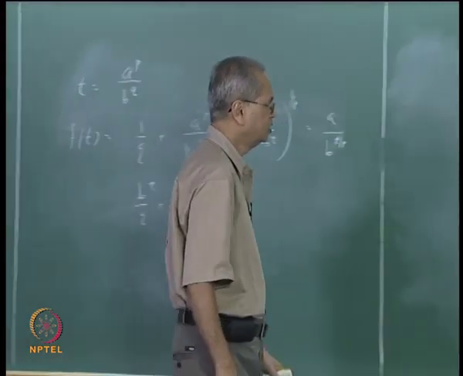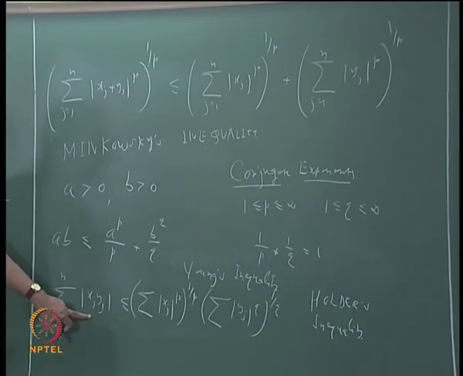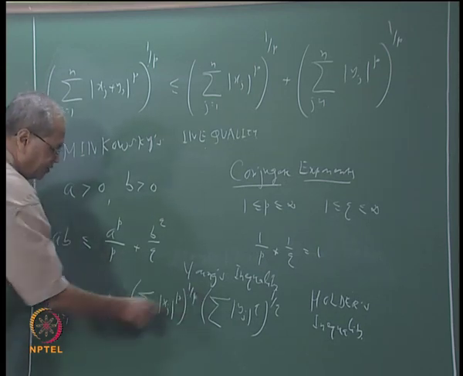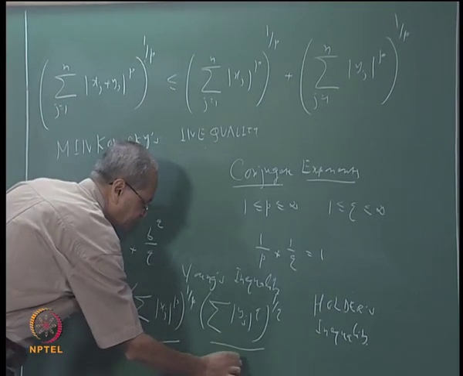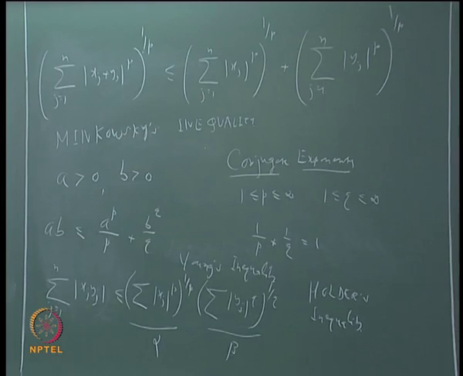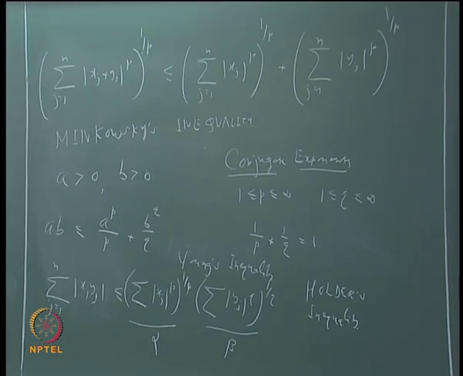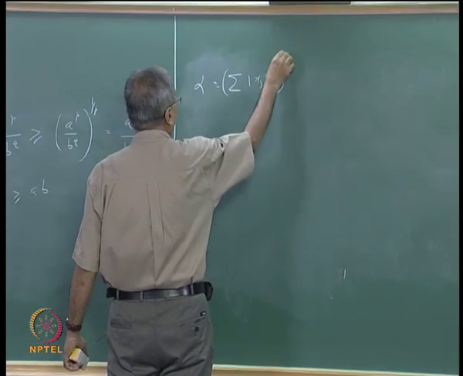Now let us see how we want to prove this. Let us go to Holder's inequality. For Holder's inequality, let me call these right hand sides alpha and beta. So suppose this is alpha and that is beta. What is the meaning of this? It means alpha is sigma mod xj to the power p whole to the power 1 by p,